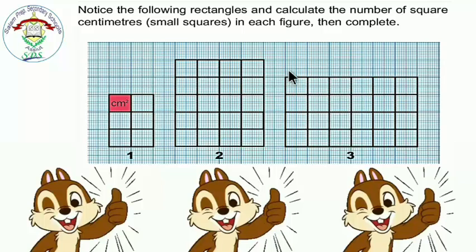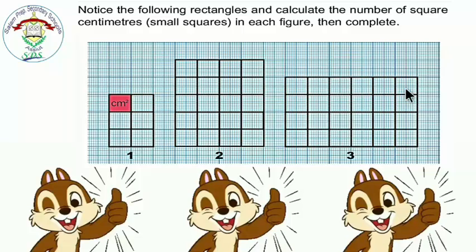Its length is 6 centimeters. This is the length of the rectangle. The width is 4 centimeters. To find the number of square centimeters without counting each one, you can find it using the